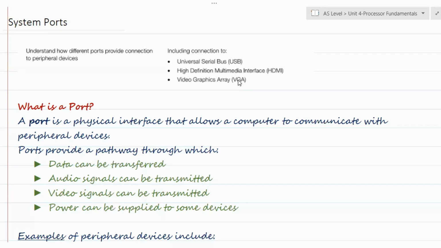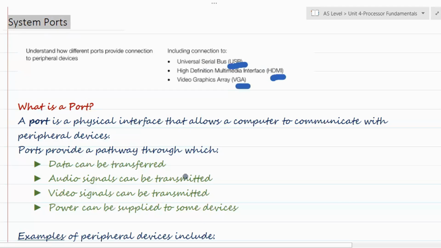Well, different devices have different communication requirements. Some devices need to send data, some need to receive video, while others may need both audio and video. That's why computers provide different types of ports. In this video, we'll understand how different ports provide connections to peripheral devices, focusing on USB, HDMI, and VGA.